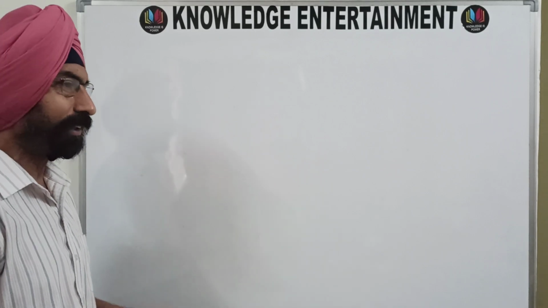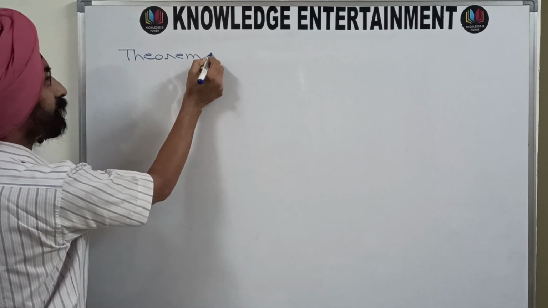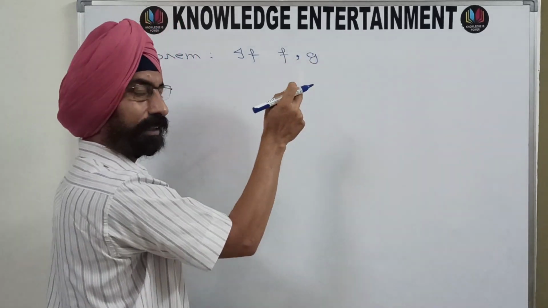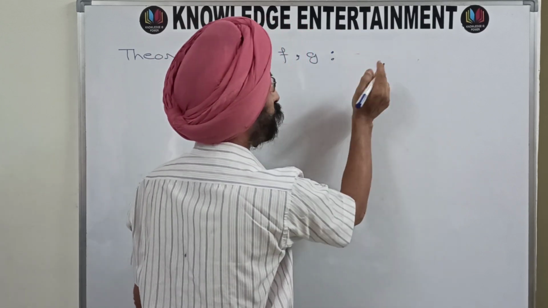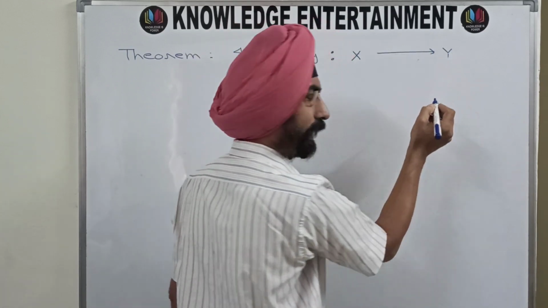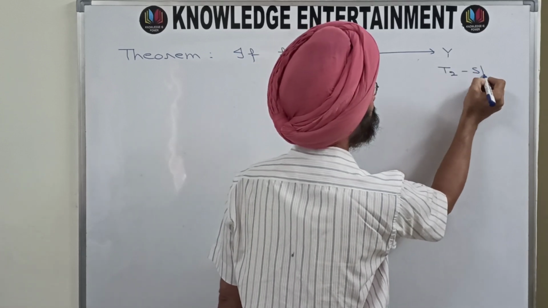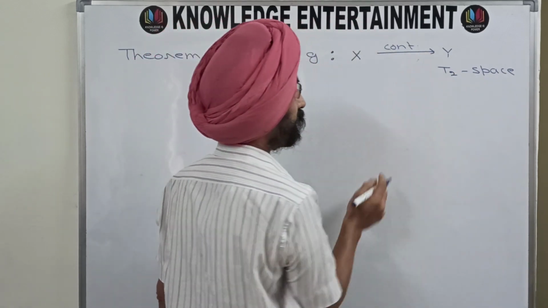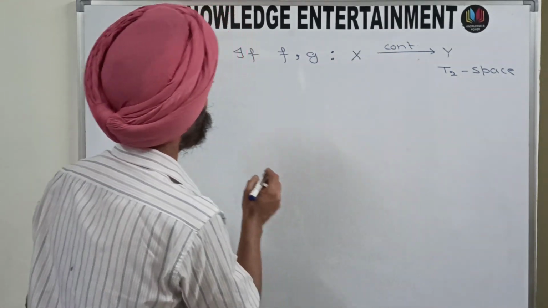So the first theorem, let us first write down the statement. Theorem: if f and g are both functions from a space X with topology tau to a space Y with topology rho, and Y is given to be a T2 space, and if f is a continuous function and g is also a continuous function, then